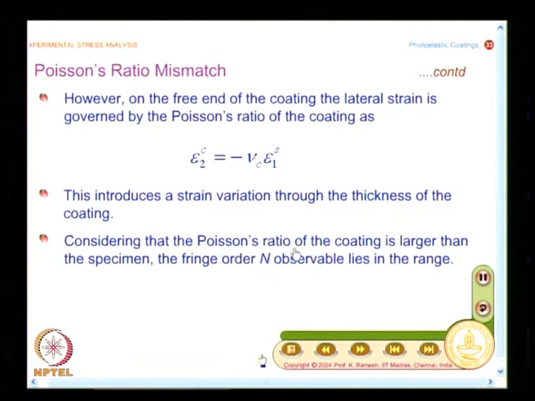For all this, we have also seen from the material properties that the Poisson's ratio of the photoelastic material is in general larger than that of the specimen material, if you are looking at metallic specimens. And the fringe order n observable lies in the range,